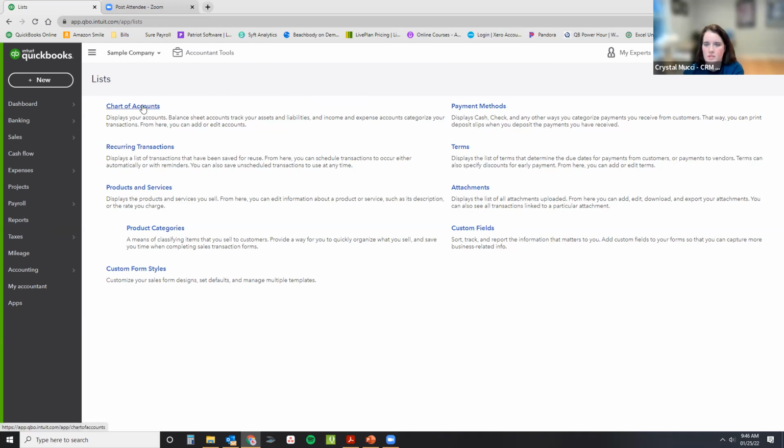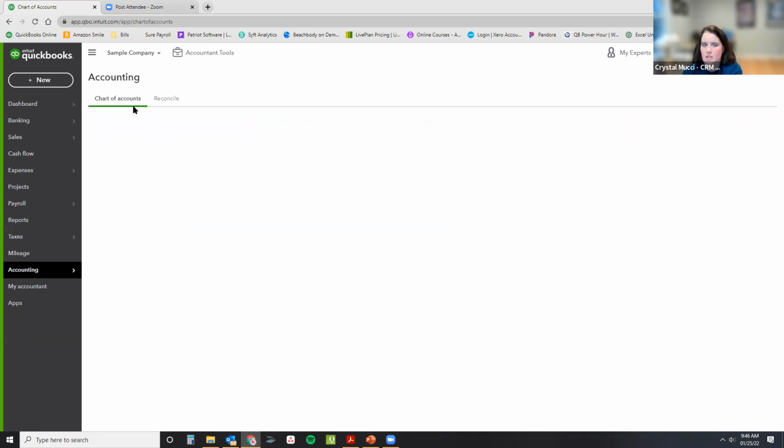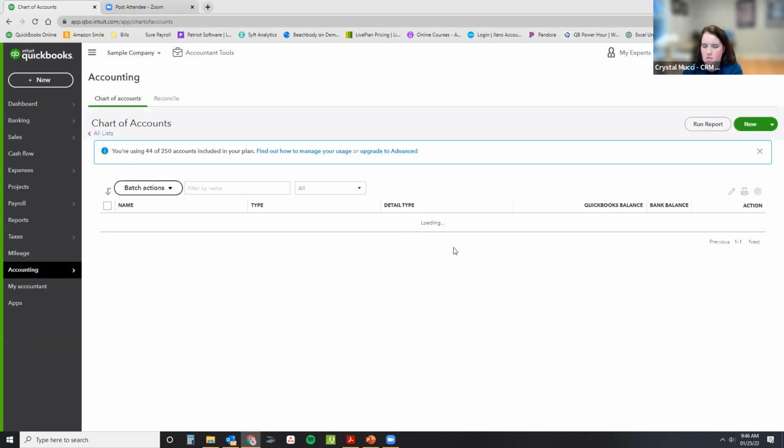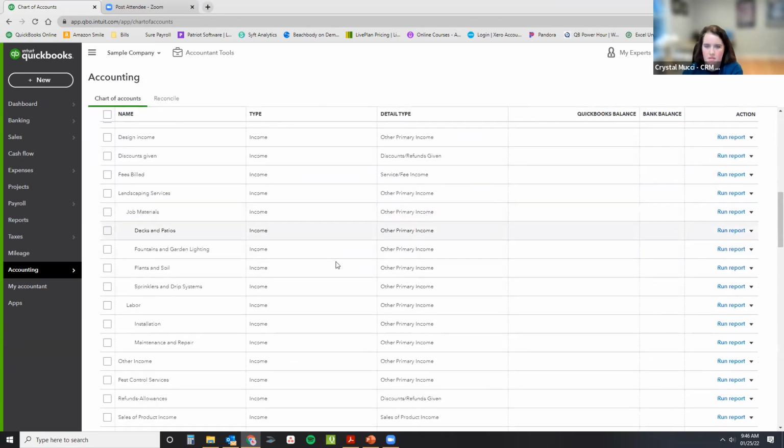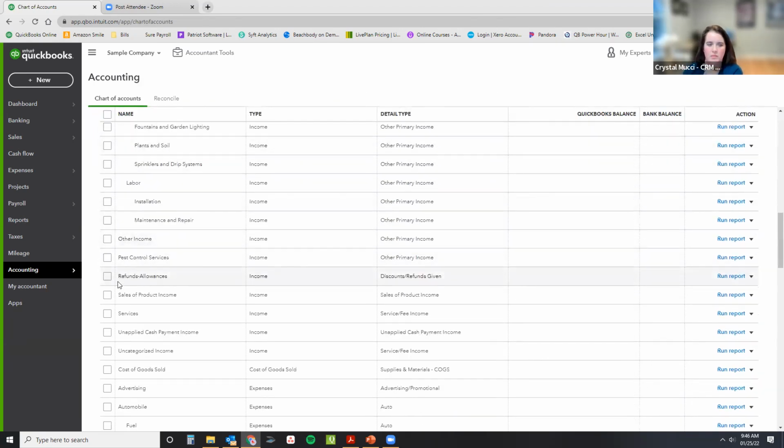So most of the time, occasionally it will be your vendor that you use is inactive. A lot of the times it goes back to chart of accounts. So if you were in here under your chart of accounts, I'm going to go back. I'm going to go down to some of these, just random. I'm going to unclick some random things. So if this was inactive,